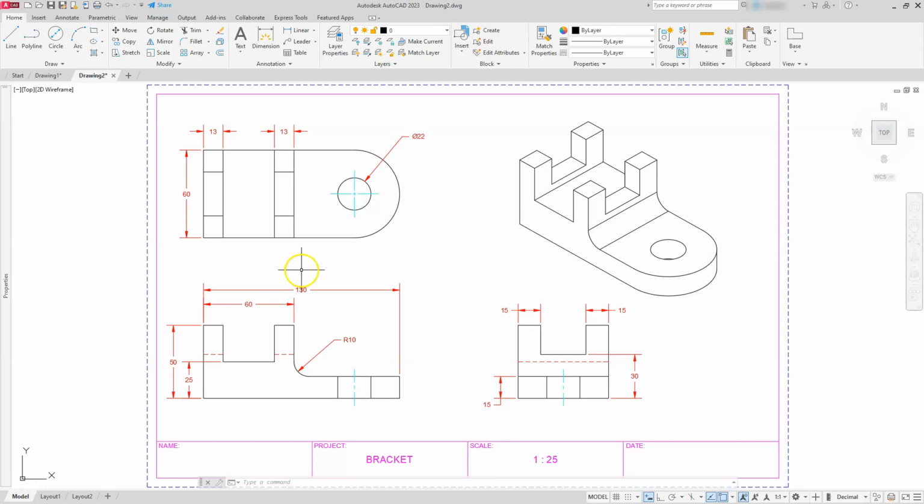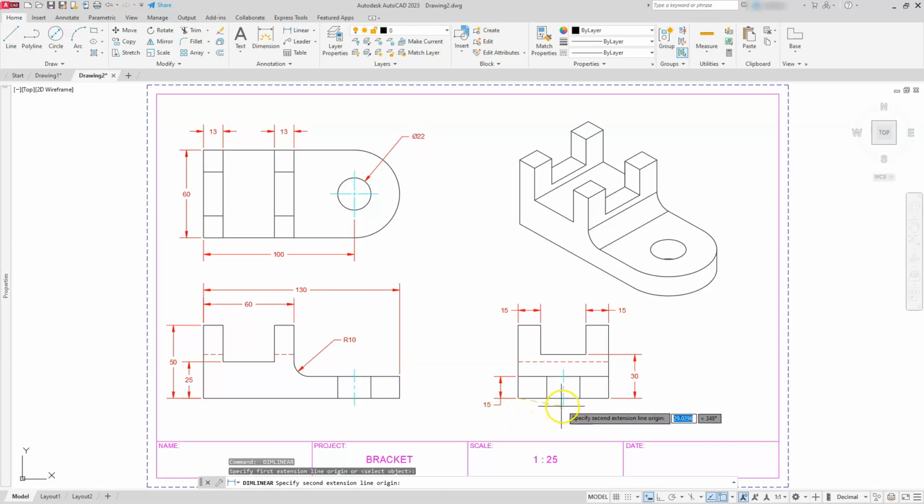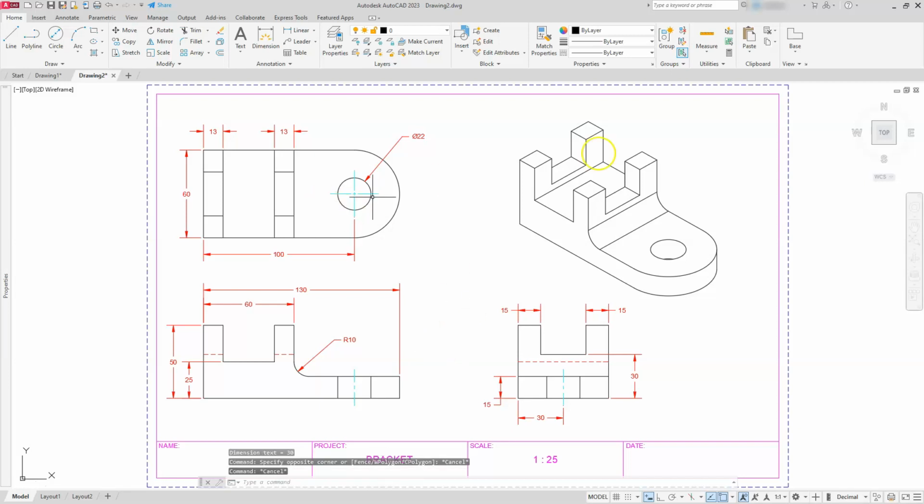I'm going to do a little bit of housekeeping with this one. I know there's a couple of dimensions that are missing, mainly this one. I know that is in the center of this one, but it's always nice to at least add the locations of where your holes are located. Okay, so with that done,